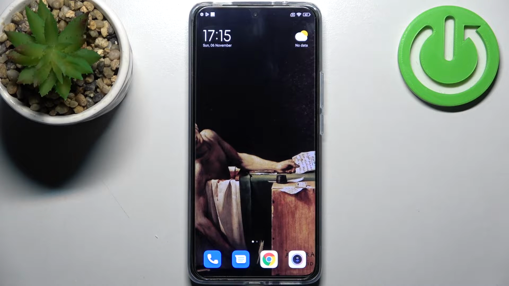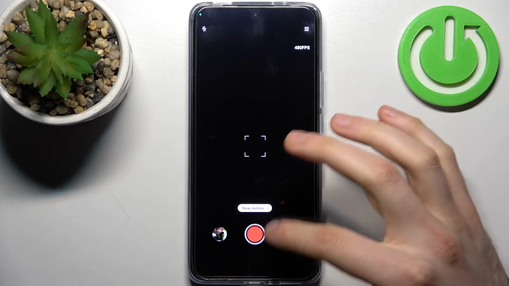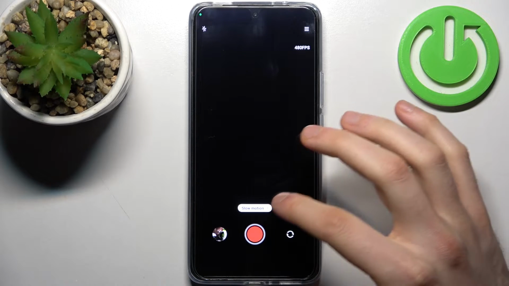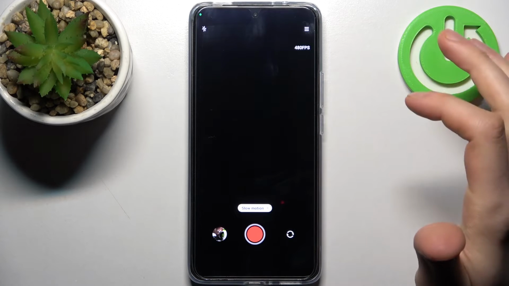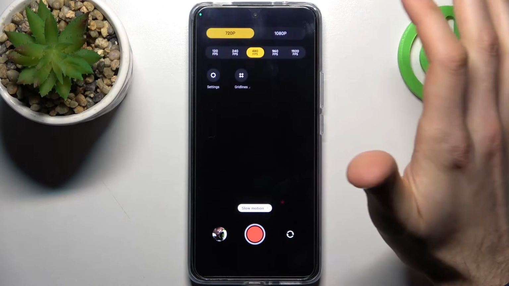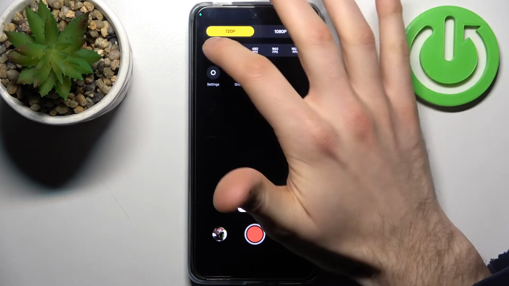Here I have the Xiaomi 12T Pro, and today I'm going to show you how to change slow motion speed in the camera on this device. So firstly you have to open the camera, then switch to the slow motion mode by going to More, select Slow-mo, tap on the three stripes here,